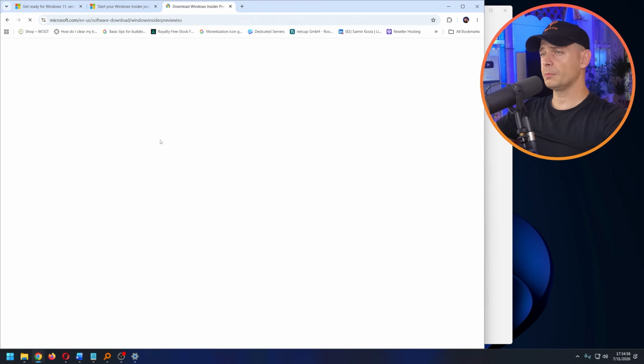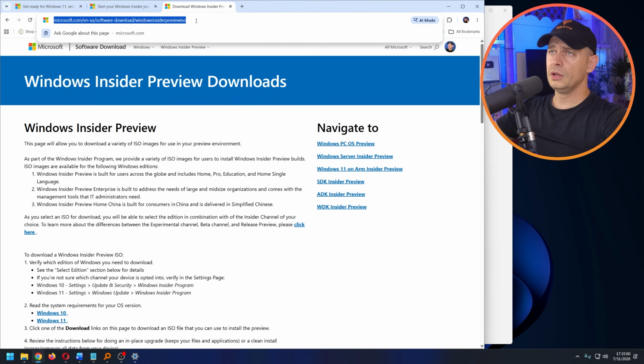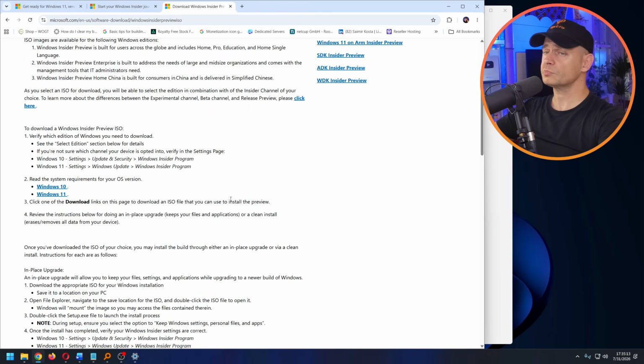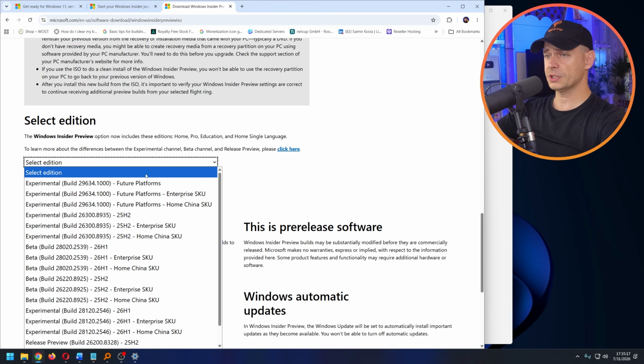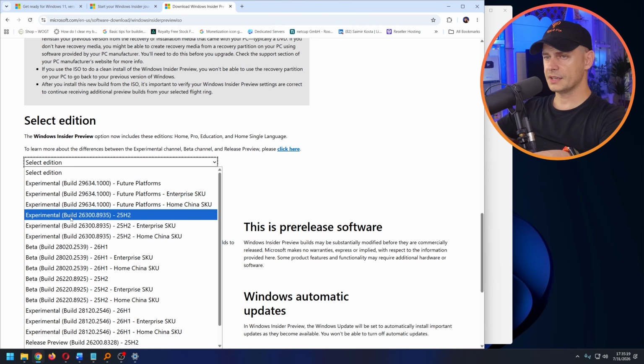Download Windows Insider Preview ISO. Good. Look at this link. I will put this link on my post, and if you want to download, go all the way down and select edition. Look at this, guys. Build